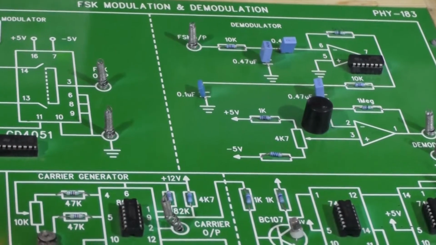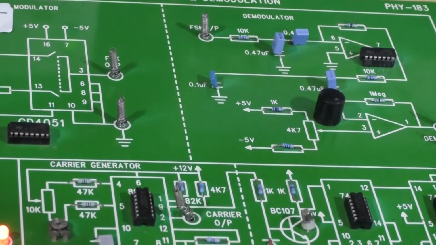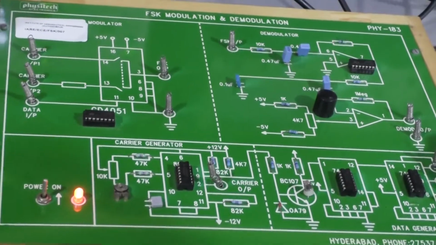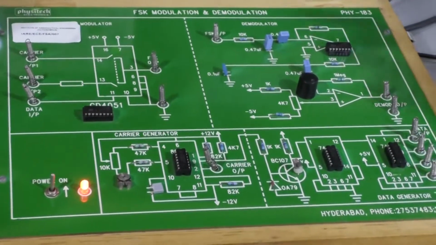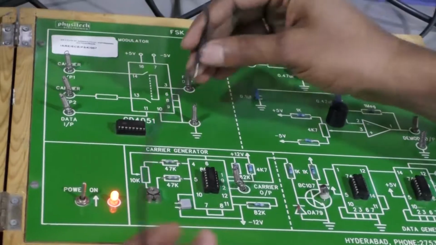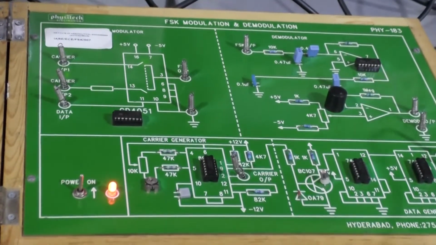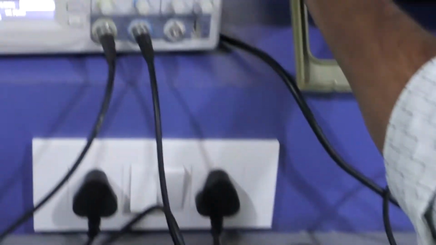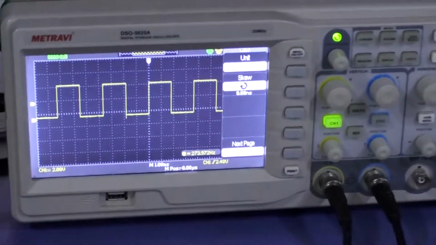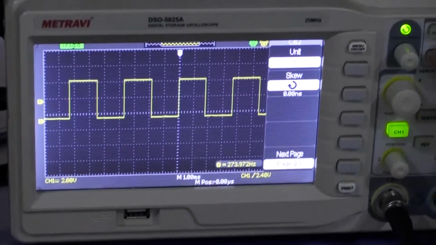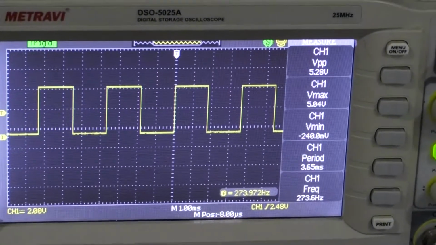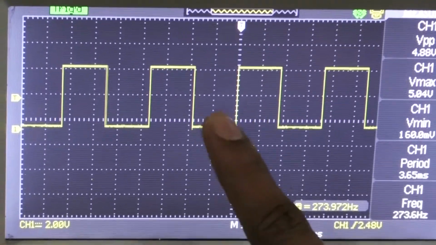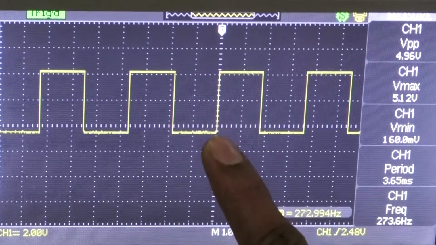Okay. Now let us see how to connect and how to modulate and demodulate, FSK generation and demodulation step by step. So let us see. First we have to verify whether the data is generated or not. See here. So this is the generated data. So here we have 3 different types of data. So one is equally divided data. So everything, the width of the 1 and 0 is same.